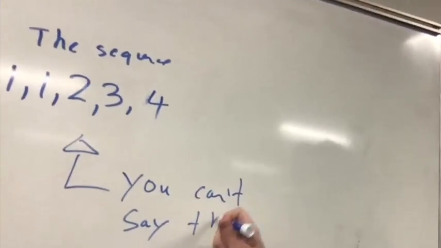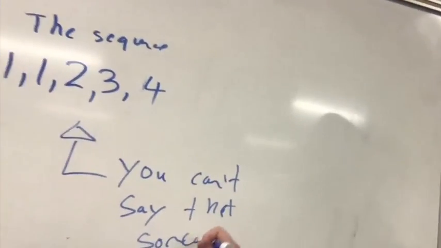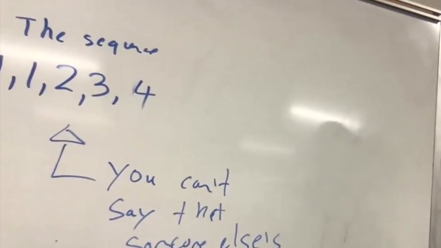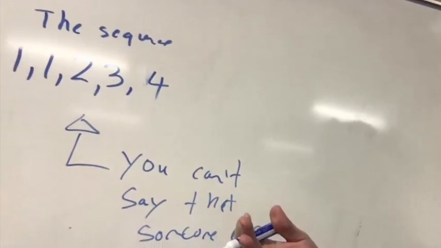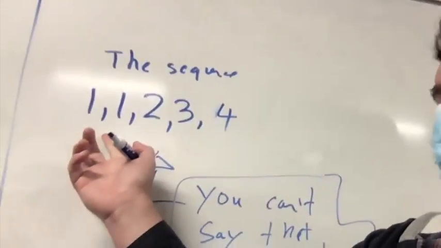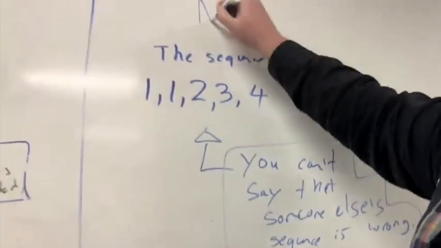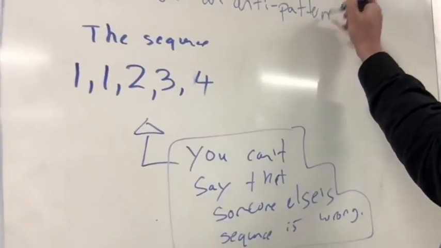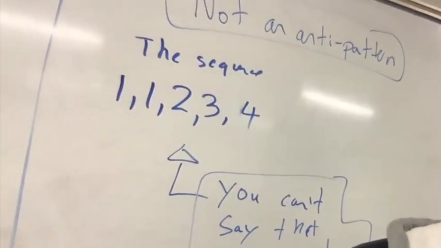This is what drives me crazy about IQ tests. IQ tests will often have these types of questions, and it's not a statement that there's one correct way. It's not true at all. There is a valid sequence that starts this way. This is not an anti-pattern. You can't say it didn't proceed in the way that I would have done it or the rule that I was thinking of, so I'm just going to say that it's wrong. You can't, that's not valid. Does that make sense?